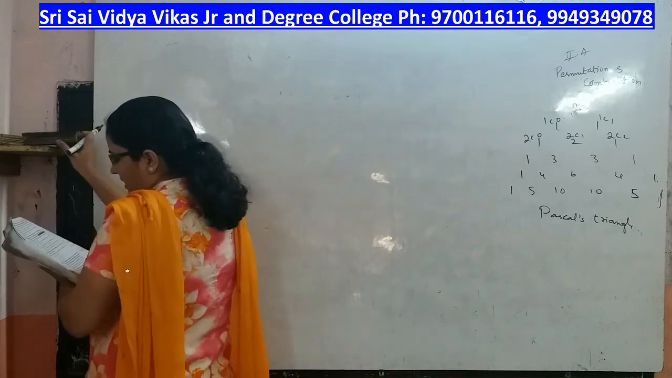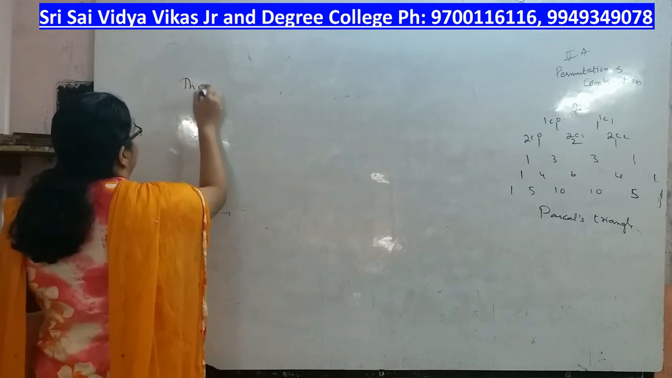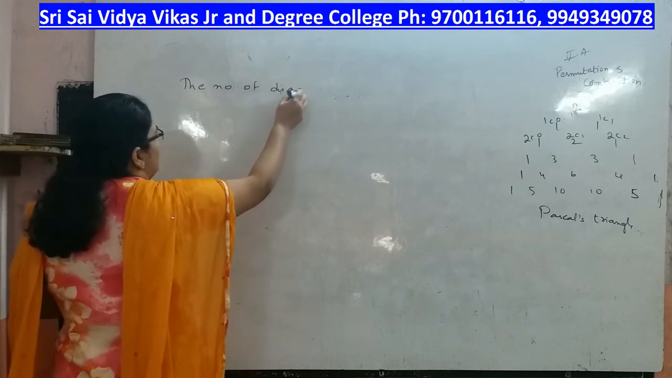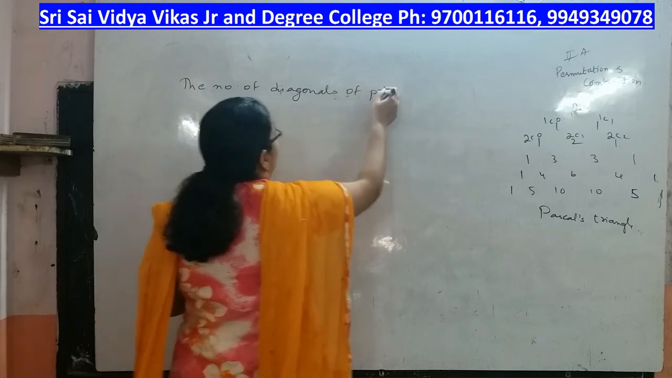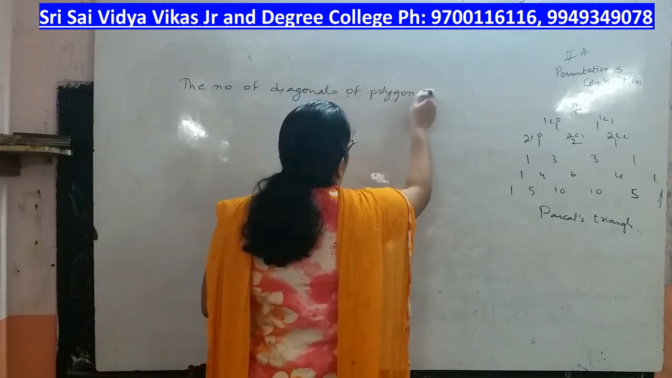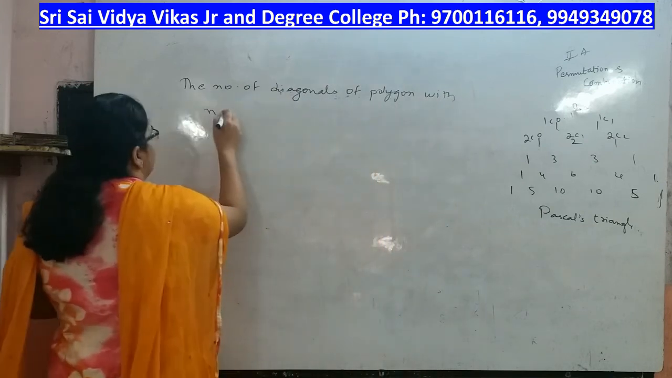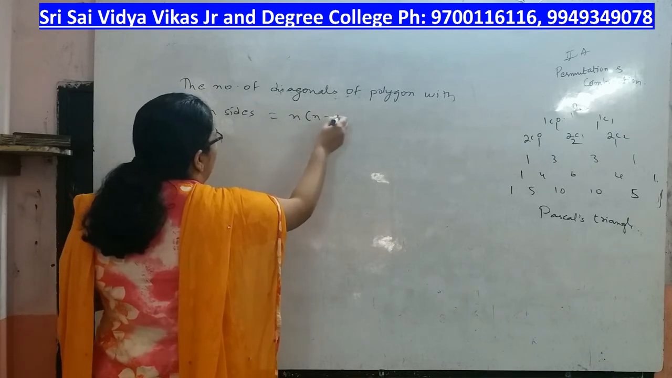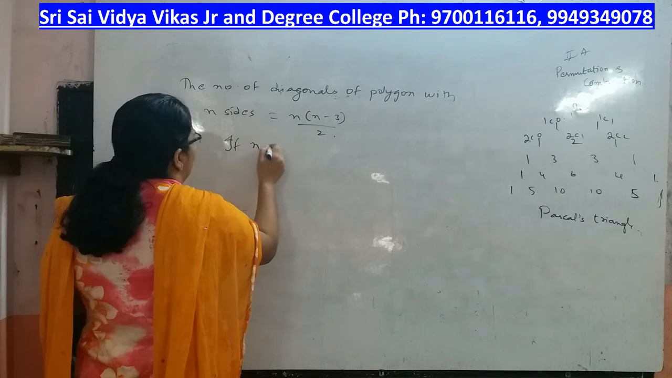Find the number of diagonals of a polygon with 12 sides. The number of diagonals of a polygon with n sides is equal to n into n minus 3 by 2. If n is equal to 12,